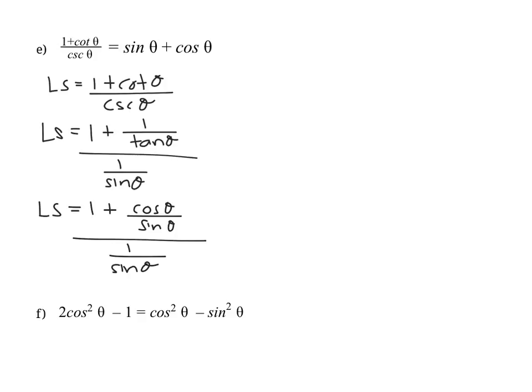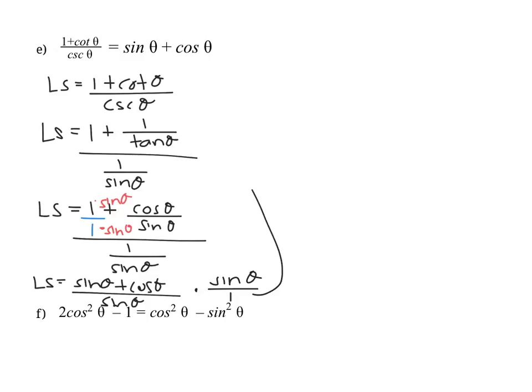So now we can combine these two fractions and add them together by making sure that the denominators are the same. So our common denominator would be sine theta. On our left side now, we'll have 1 times sine theta, that's sine theta, plus cos theta, all over the common denominator sine theta. And now we still have this divided by 1 over sine theta. Well, that's equivalent to multiplying by sine theta over 1. So if we finish this up over here,